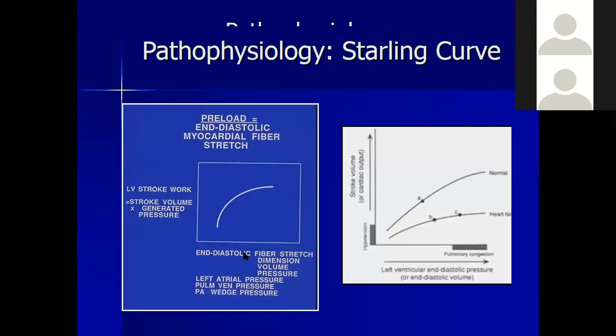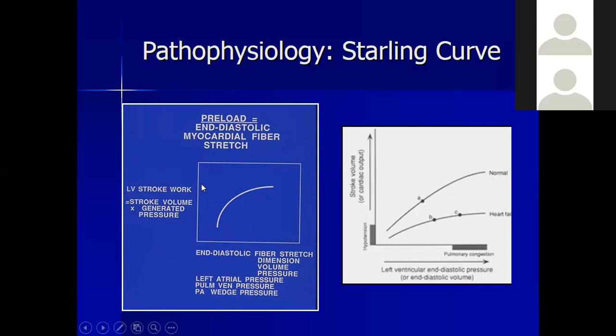So this is the Frank-Starling curve. When we increase the end diastolic fiber stretch, that means the end diastolic volume. When your preload is increased, with increased filling pressure from SVC to IVC, flow goes into the right ventricle, and eventually from the pulmonary artery it goes to the left atrium and to the left ventricle. So it is the end diastolic volume before the LV contraction. So it increases as the volume increases.